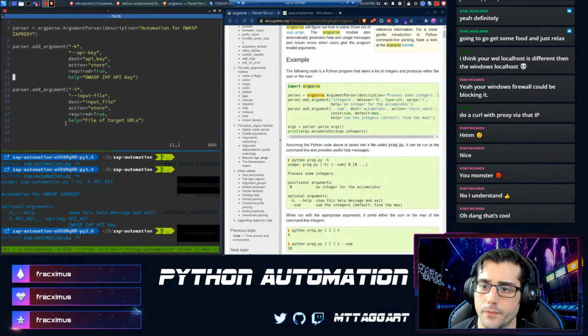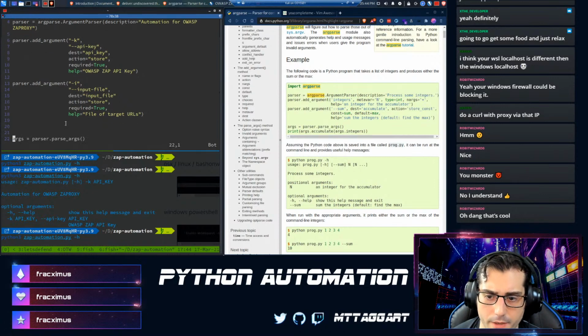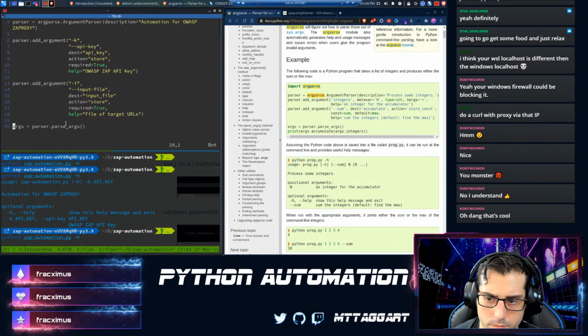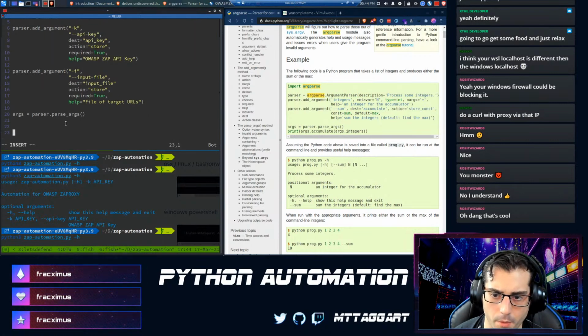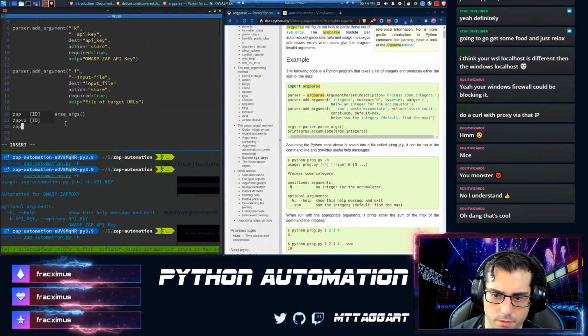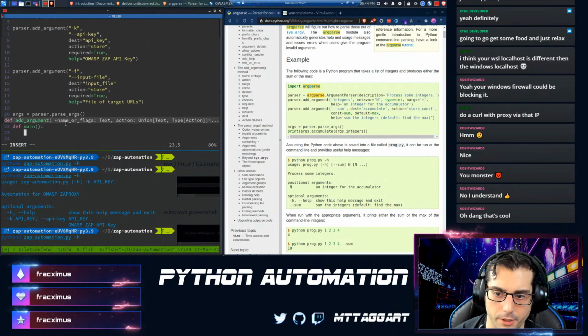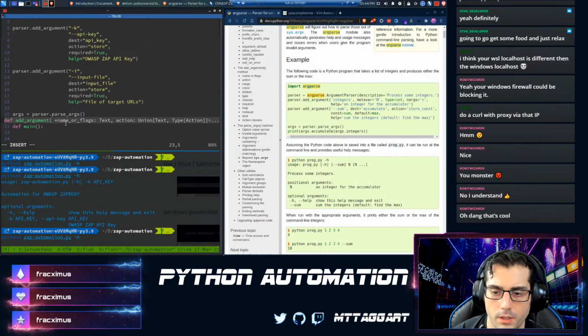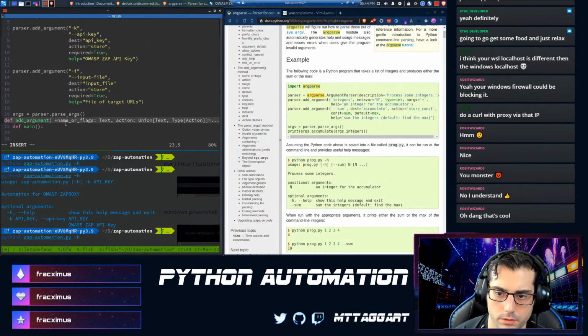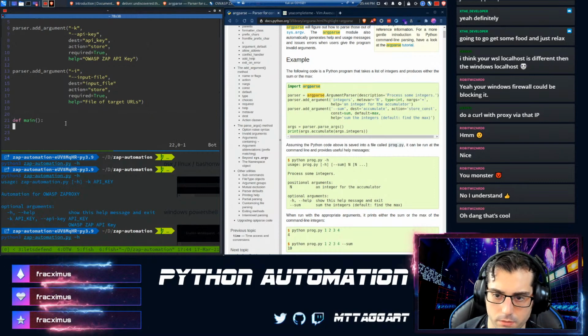And then we can start doing our actual stuff, right, where we say something like zap equals... and we could, if we wanted to, do this in a main function, which might be a little bit cleaner. And in fact, we'll take the arg parser and put it in there.